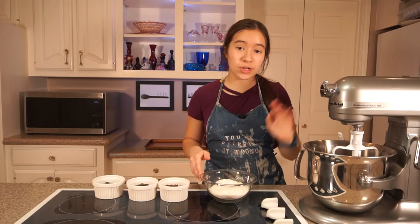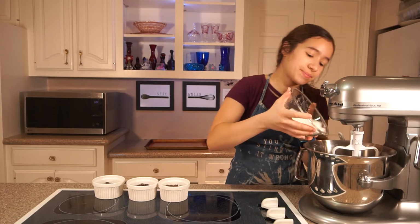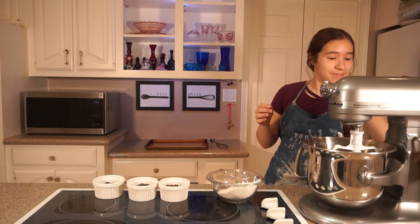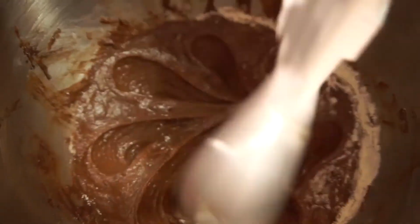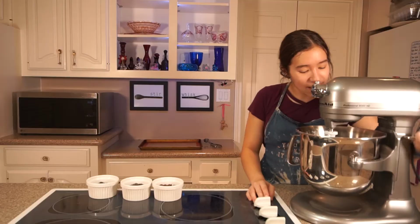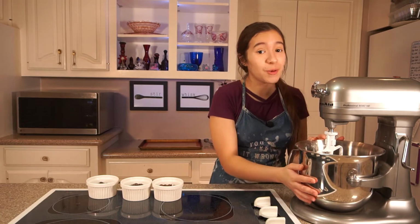And now I'm going to gradually mix in 1½ cups of flour. Oh, okay, that's enough. All right, I just finished mixing in all of my flour and now the cookie dough is done,